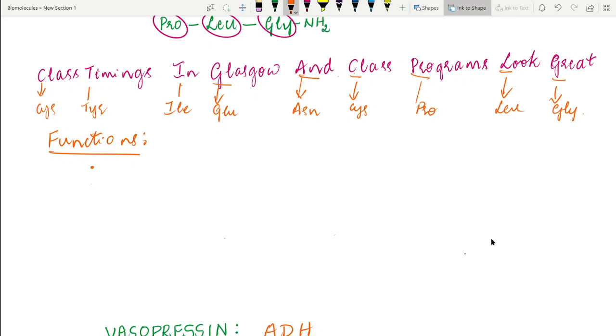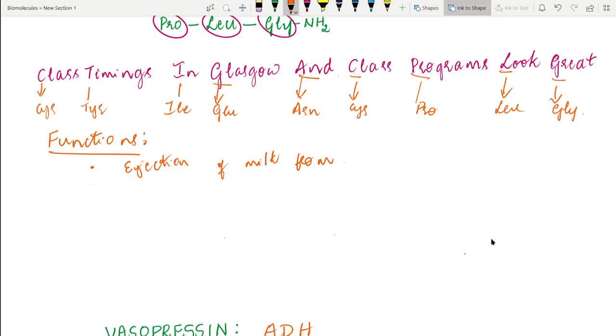Whenever the baby sucks the milk from the mother, the secretion of oxytocin is stimulated, and this oxytocin allows the contraction of the smooth muscles around the mammary glands, and so it lets down the milk flow to the mouth of the baby. Simply, we can say that it stimulates the ejection of milk from the mammary glands.